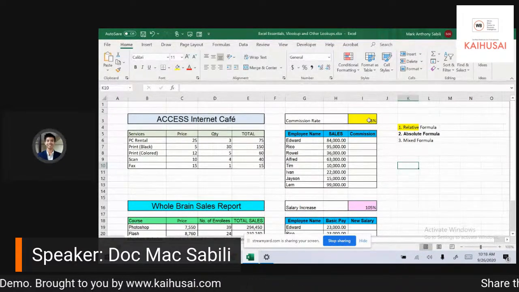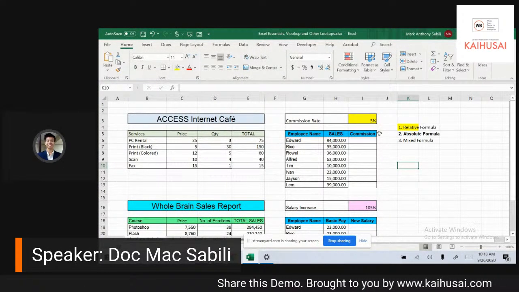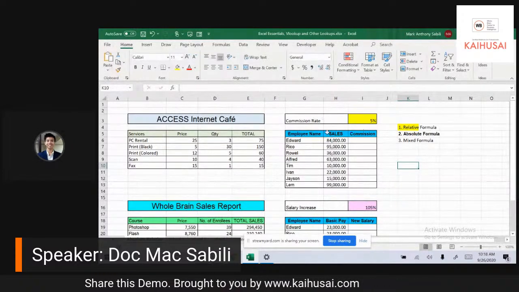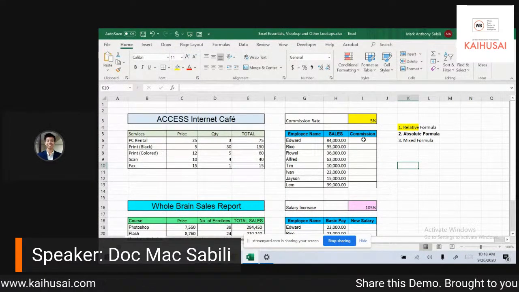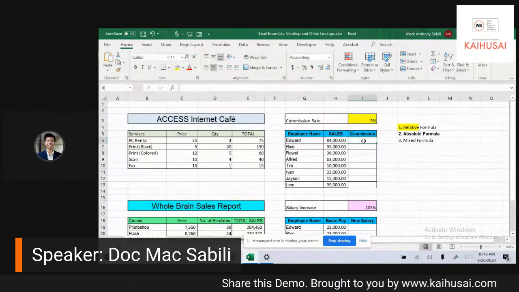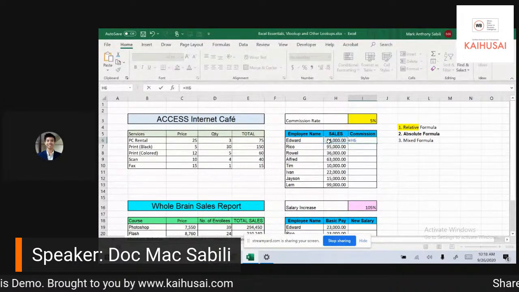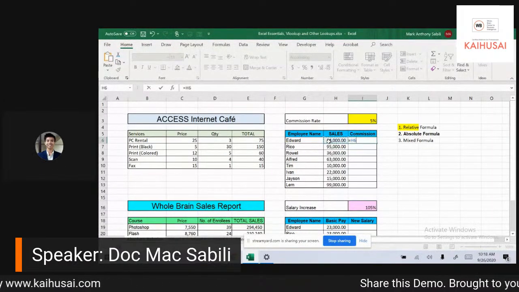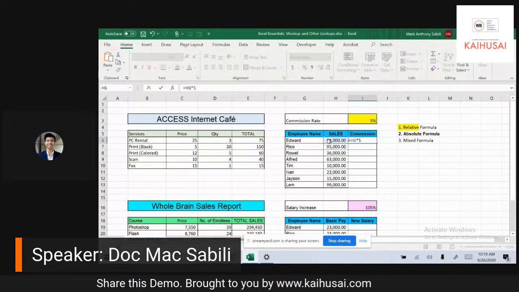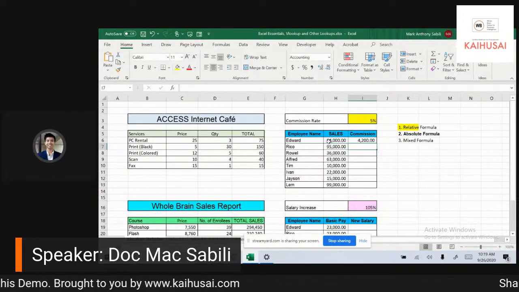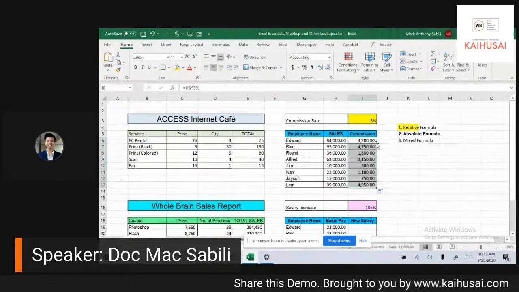Let's just say I wanted to get the commission of, or the 5% of 84,000. So for some others, they would do it like this, equals this one, okay, equals H6 multiplied by 5%. And then you press enter. Now you can actually do it like that, but